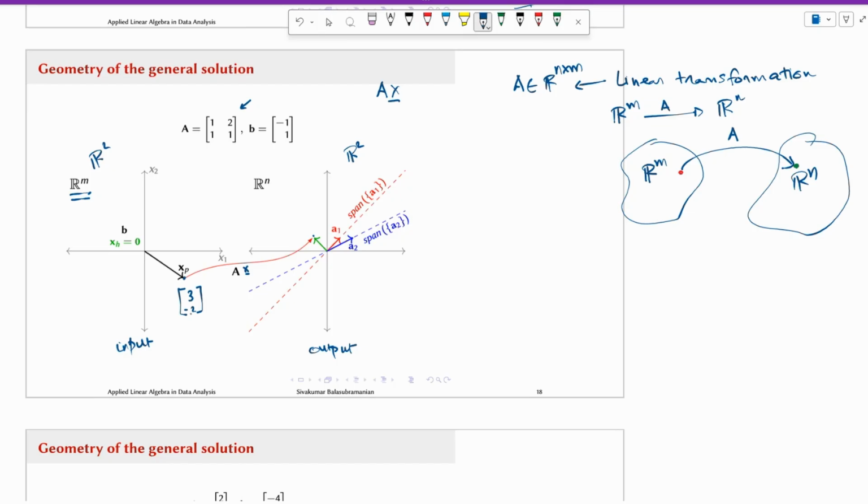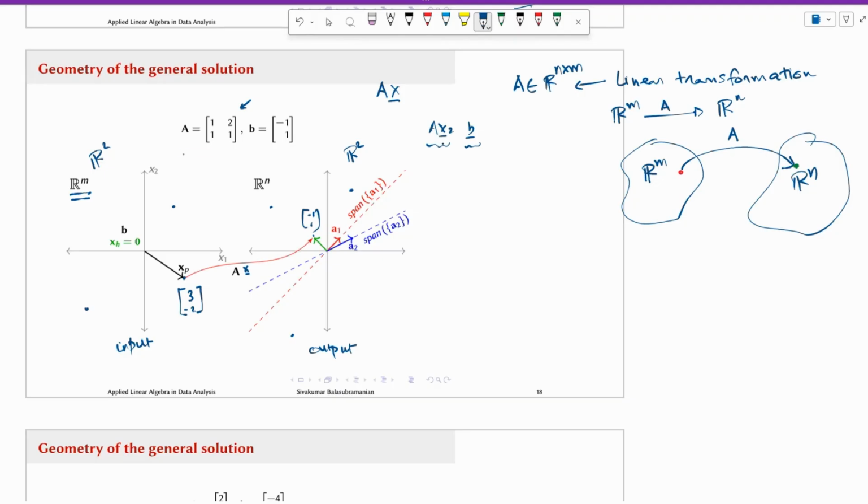The element 3 minus 2 gets mapped to minus 1, 1. That is essentially what AX equals B means. If you take this element X, do the linear transformation using the matrix A, you produce B. So this point here gets mapped to this point. If I choose another point here, it might produce a point here. If I choose a point here,